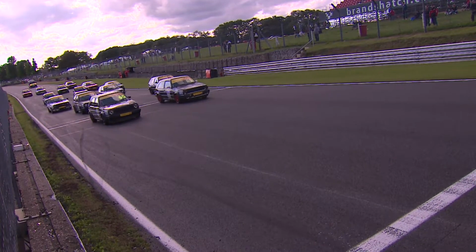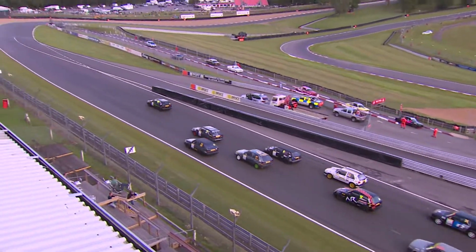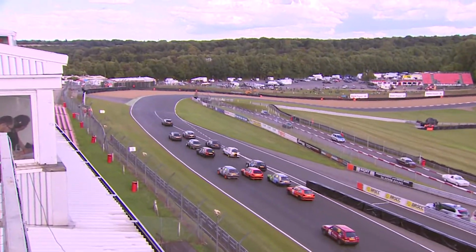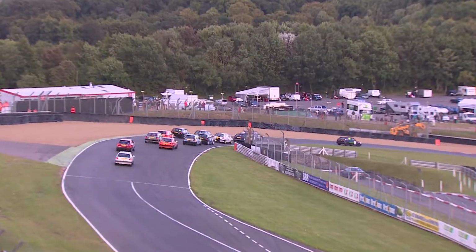The revs rise and away we go. It's a good start from Jason Tingle from pole position, and he leads away as the rest of them all dispute second place. I think we can also expect to see Jamie Martin, all things being equal, coming through from the rear of the field